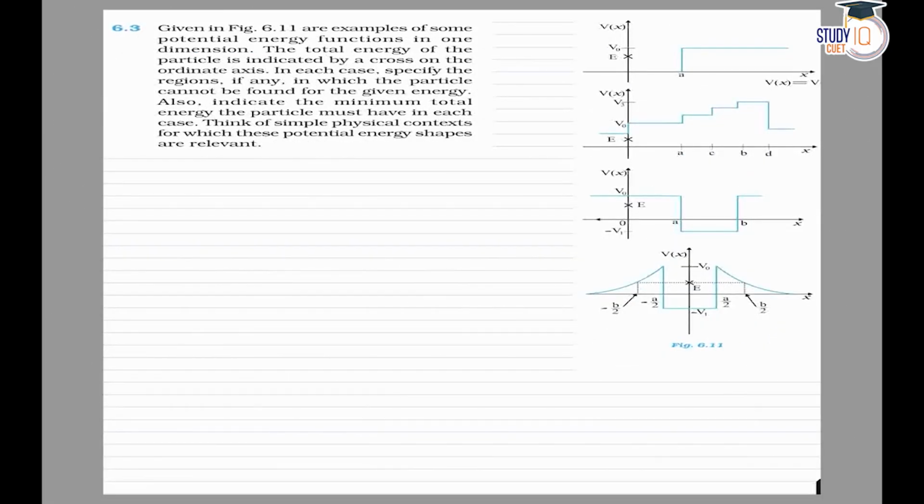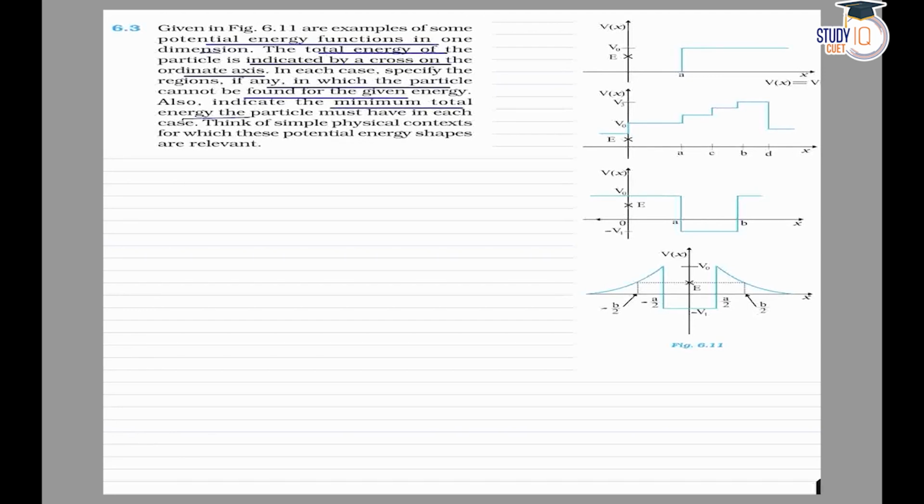NCERT Physics Class 11, 6th chapter, which is Work Power Energy, question number 6.3. In the given figure 6.11 are examples of some potential energy functions in one dimension. The total energy of the particle is indicated by a cross on the ordinate axis. In each case, specify the region in which the particle cannot be found, and we are supposed to find the